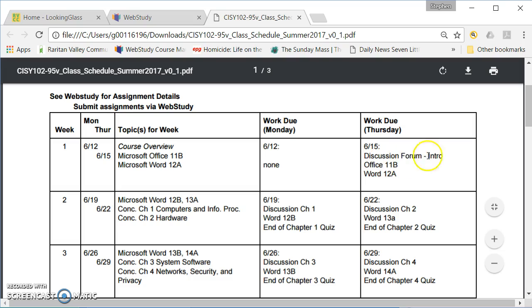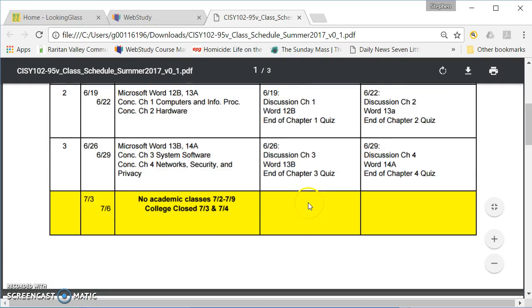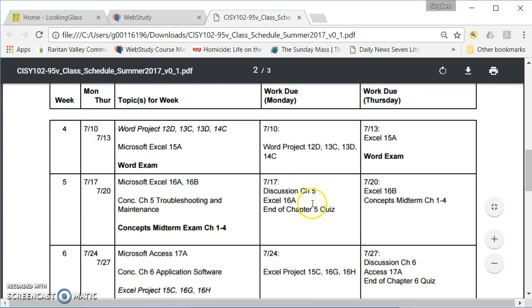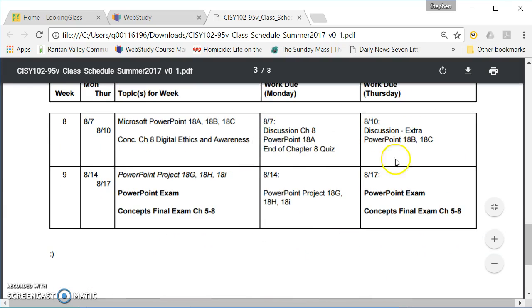For this Thursday, there's that discussion forum, and then those two labs. And then for next Monday, there's that chapter 1, the discussion, the quiz, and then the next lab. So the schedule then shows throughout the semester when the different things are due. So there's a project, here's an exam,